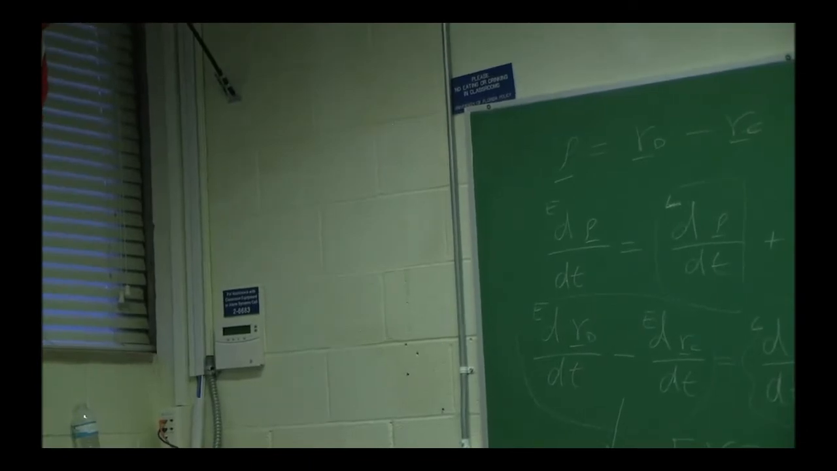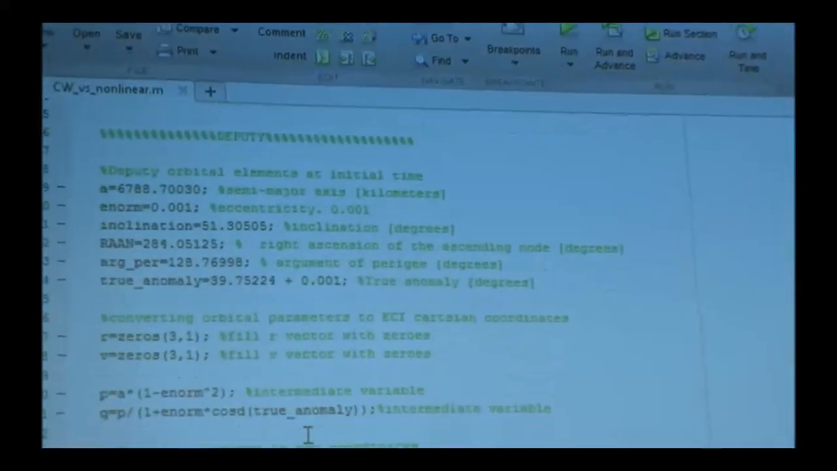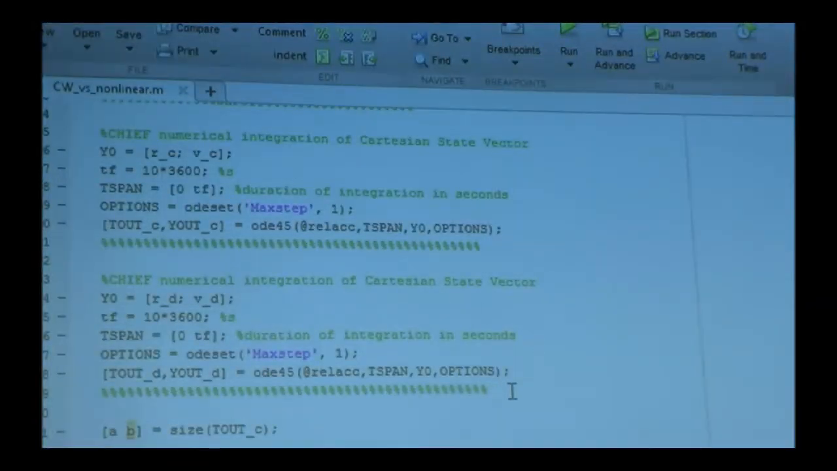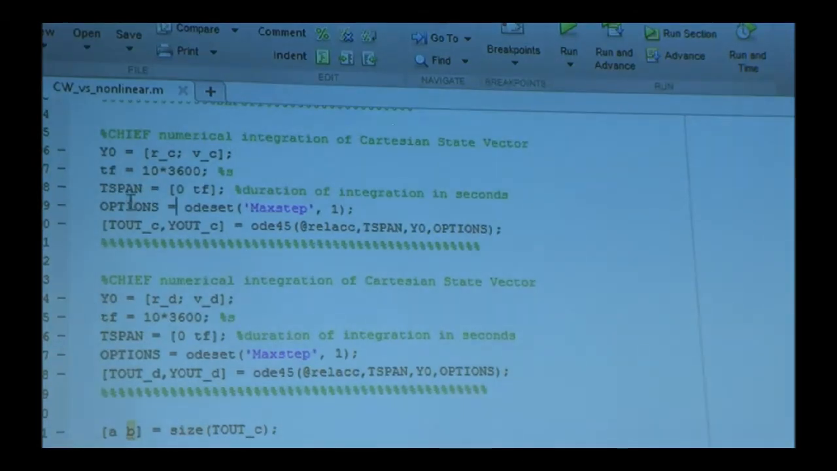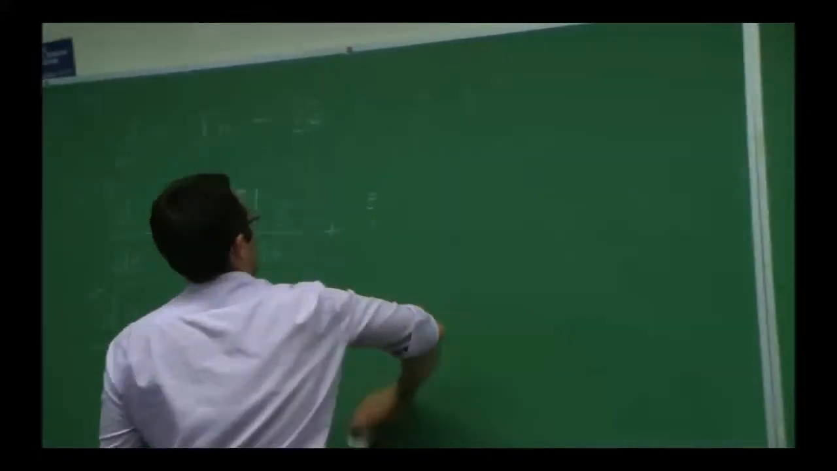So, let's see. This is what I'm doing. The chief is here. I convert into a position and velocity. The deputy is here. I convert into position and velocity. That's no surprise. And then I do two different integrations, right? In ODE45. And remember that what I am creating here with these y out vectors is a bunch of positions and velocities in ECI. So each time step, that y out contains 6 numbers, and those 6 numbers